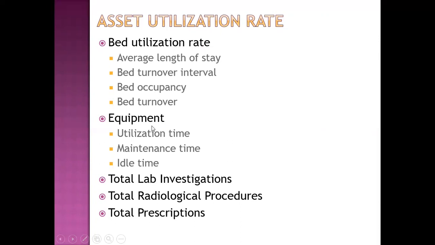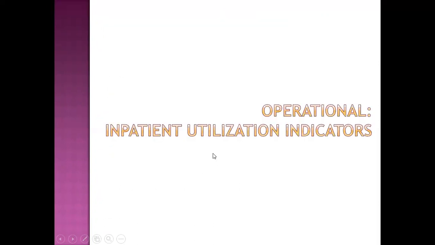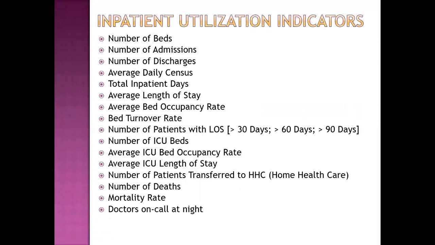Indicators of equipment utilization, that is utilization time, maintenance time, idle time. Then other asset indicators include total lab investigations, total radiological procedures, total prescriptions. Then inpatient utilization indicators: number of beds, number of admissions, number of discharge, average daily census, total inpatient days, average length of stay, average bed occupancy rate, bed turnover rate, number of patients with